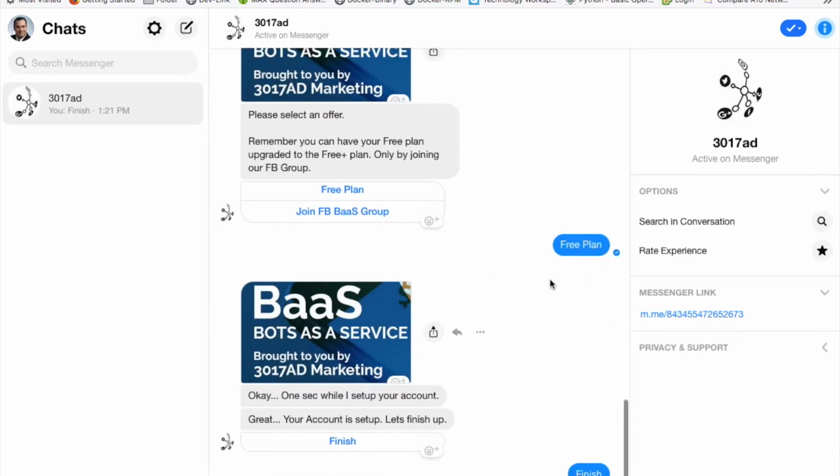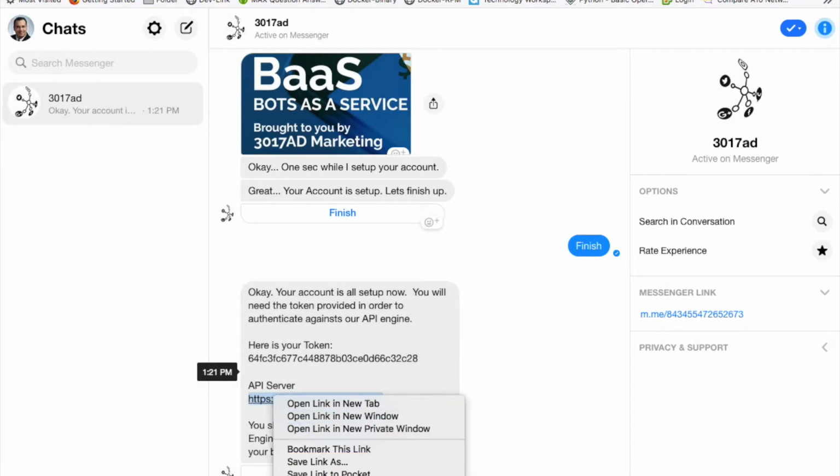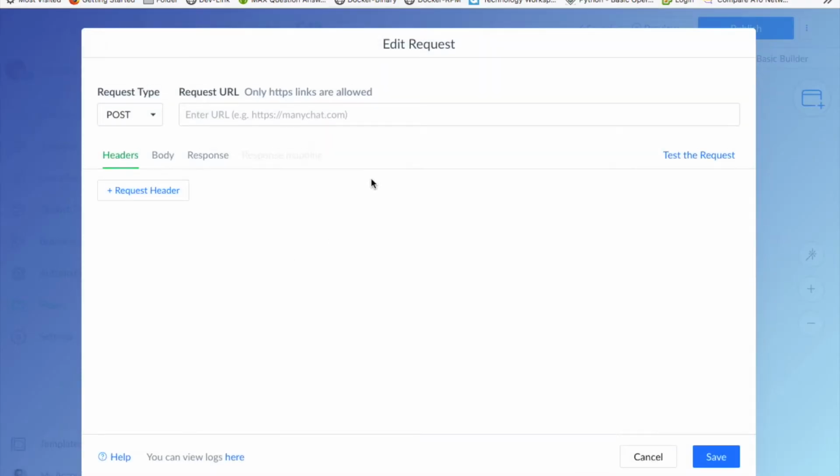And let's go ahead and get that token. Okay, so here are two pieces that we need. We need the token to authenticate, and we need the URL address. So let's go ahead and start off with this. And we'll come back here. And we're going to say,